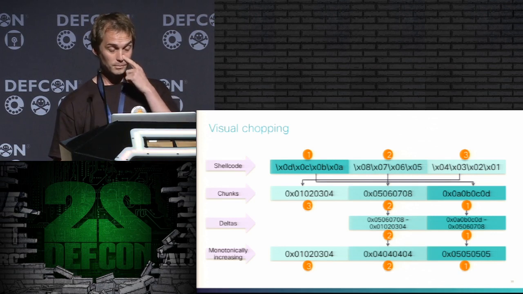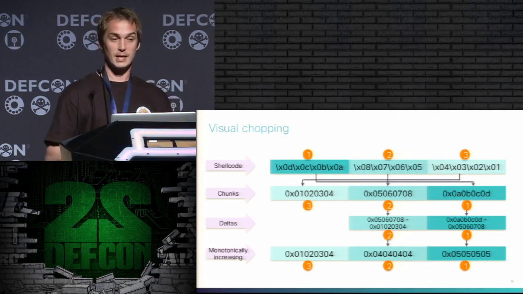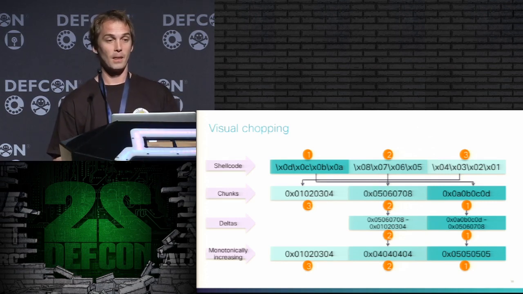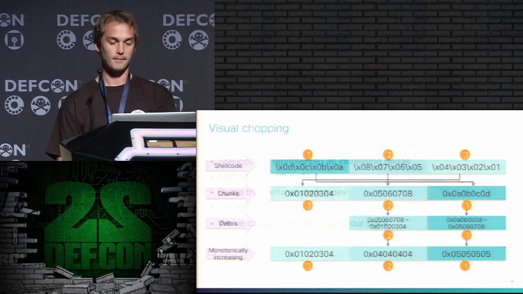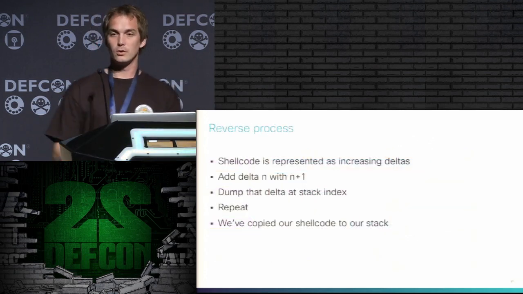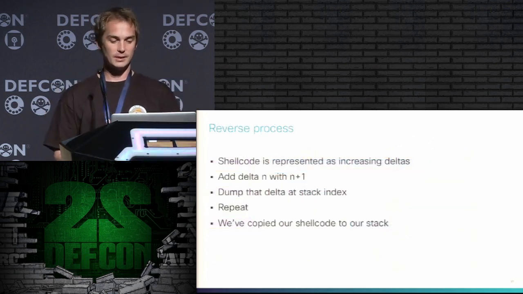So you see basically at the last line that position 3 of your initial shellcode is now at position 1. Position 2 is actually 2 minus 3, and it's put at position 2, and so on, right? So your shellcode is now represented as increasing deltas. If you take your initial value and add the delta, you find back the value of your shellcode. You do that again, you find the next value of your shellcode, do that again, find the next value,